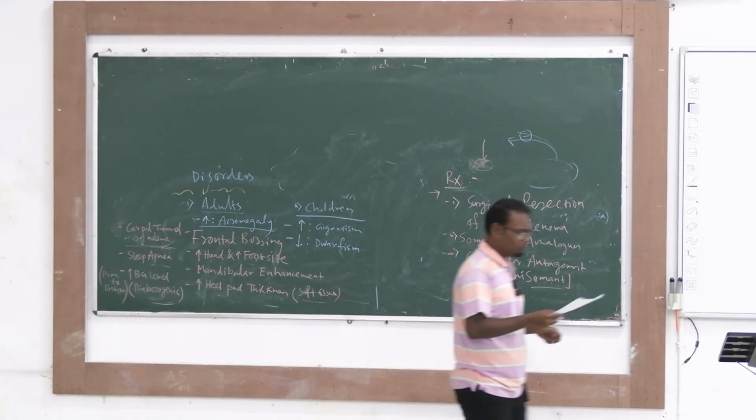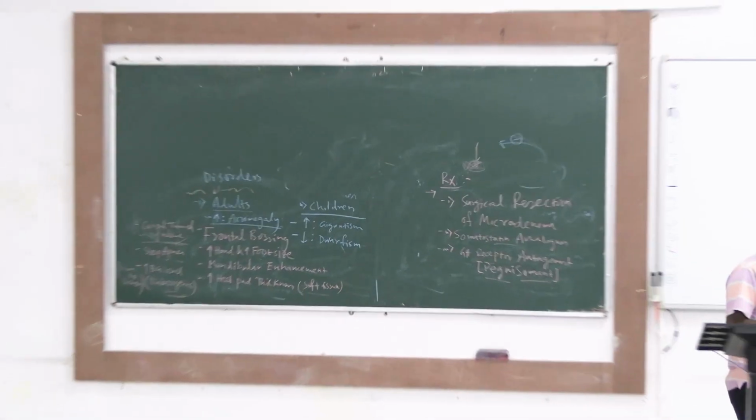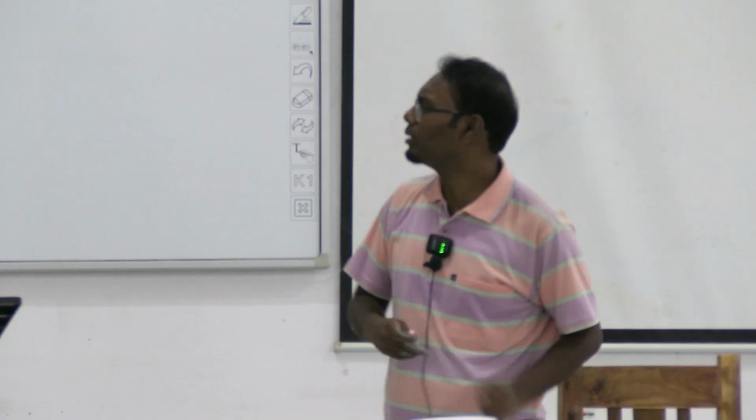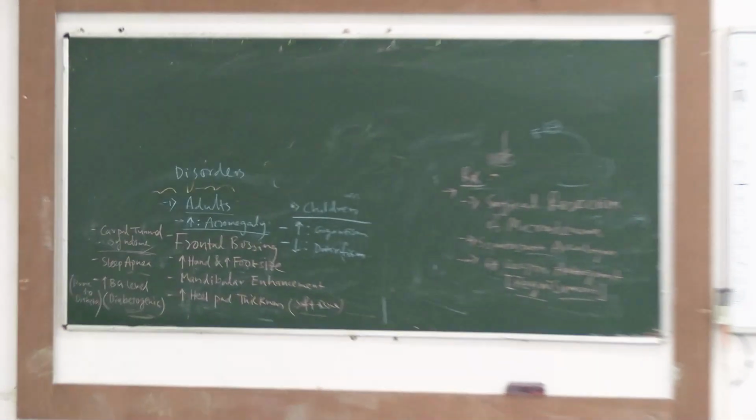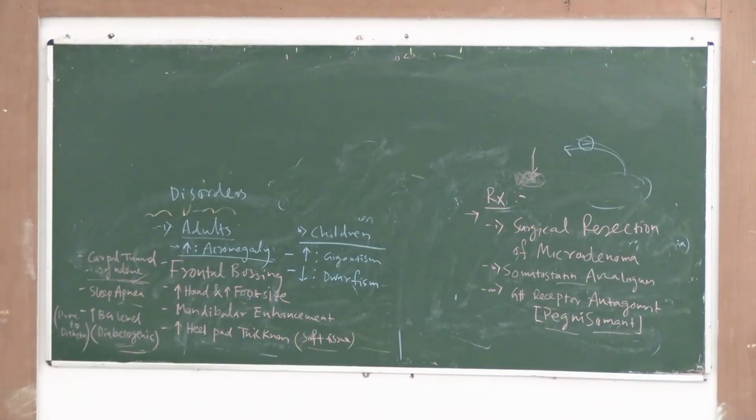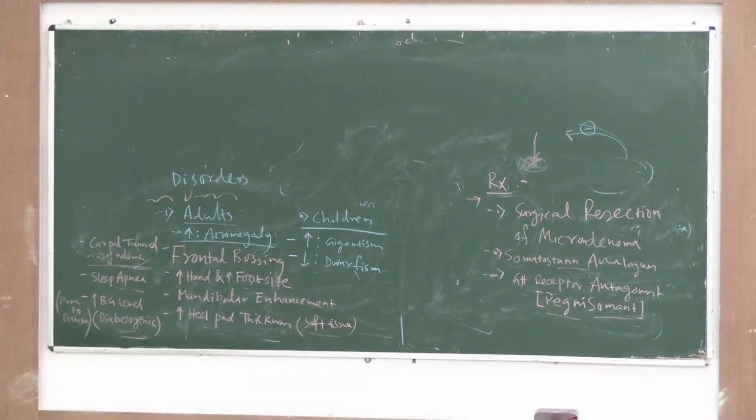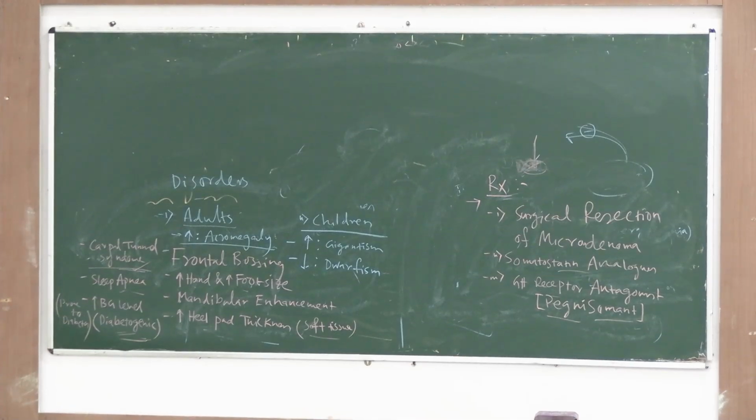Now, two more small lines are left, I will tell them the next day, the next sir is getting delayed. There is a special type of dwarfism also where the receptor problem is there. Just like I said, if there is any problem at the receptor level, then my growth hormone will not be able to work. Okay, so in some patients you can see that the growth hormone is very much okay, it is not limited, but the receptor is problematic. There is one called Laron, I will tell that the next day.